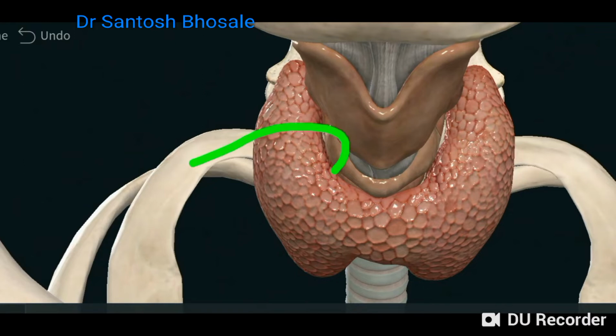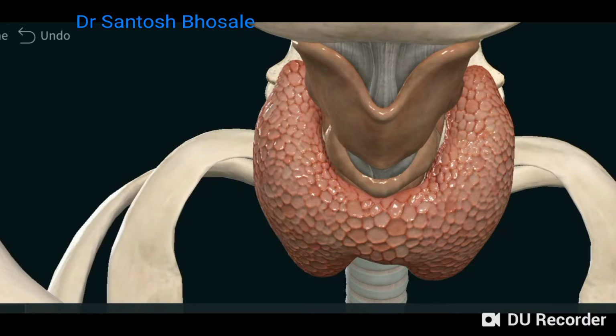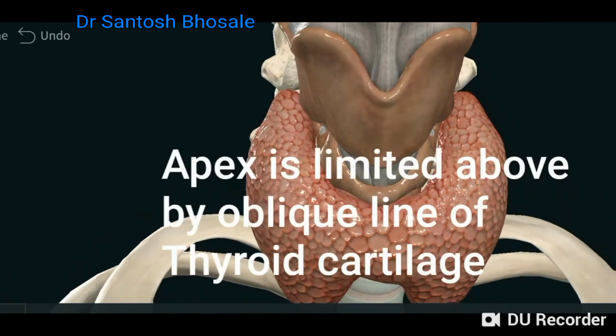You can see there, that is the medial surface, which is flanking the trachea and cartilages. So these are the presenting parts of a lateral lobe: apex, base, anterior border, posterior border, lateral surface, medial surface